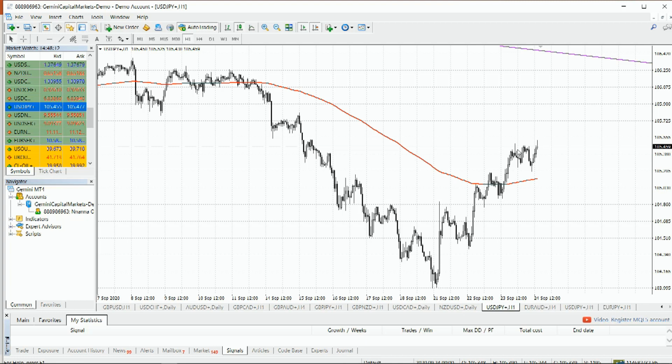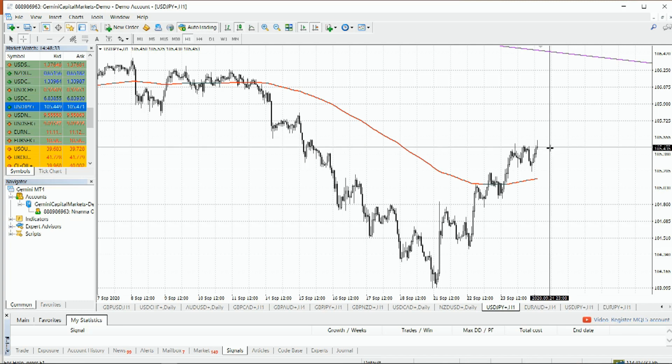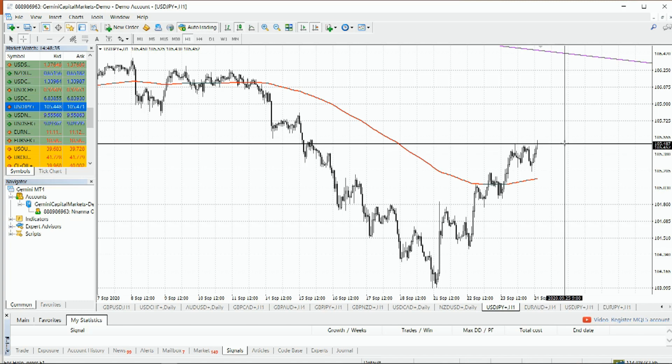But looking at the current market structure, let me give you an example. Now, if the market is in this current state, let's just say for whatever reason I'm looking at this 1 hour time frame and I ask, okay, what do I do here? Now, if I decide to sell this currency pair here, and my reason for doing that is